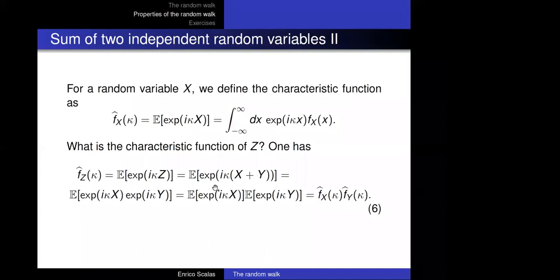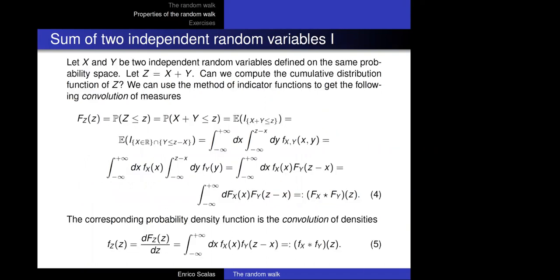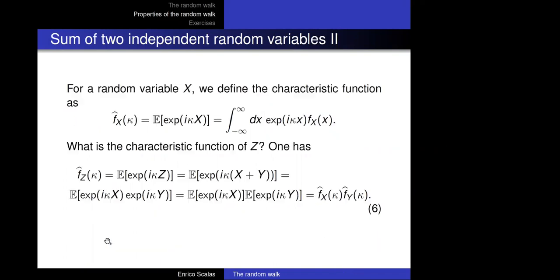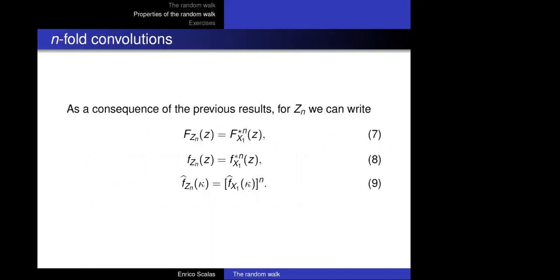Well, it is the product of the two characteristic functions. By the way, equation 6 also gives you a proposition that the characteristic function of this convolution is the product of the two characteristic functions of the two random variables. So, as a consequence of the previous results, by applying this formula again and again, you find that